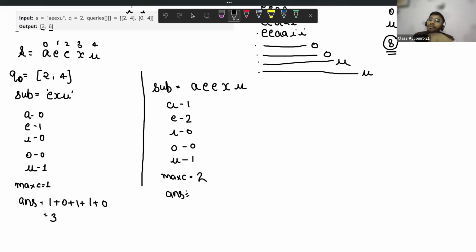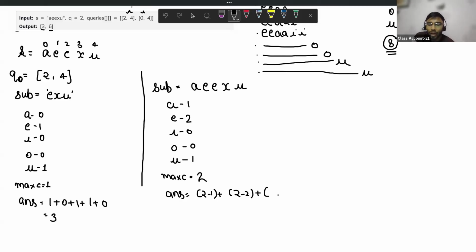Either I am converting a consonant or I am adding a vowel, but I need two frequency of every vowel here. So I have one frequency of A, but I need two, so 2 minus 1. I have two frequency of E, and I need two, so 2 minus 2.